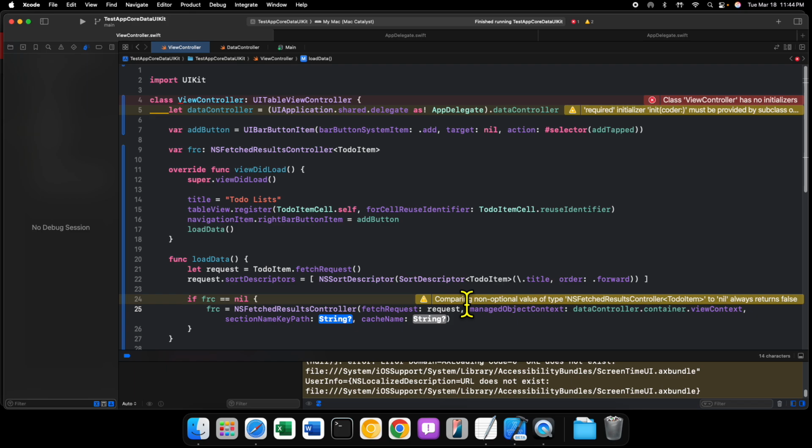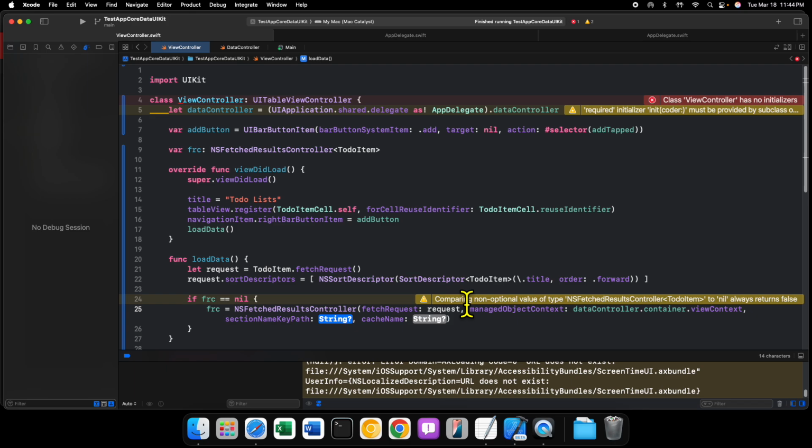If this does have a value, it will attempt to look at your core data model to see where the thing exists that you've hard-coded the string for. So it's a stringified thing. It's not exactly type safe, unfortunately, but that is how we handle sections using